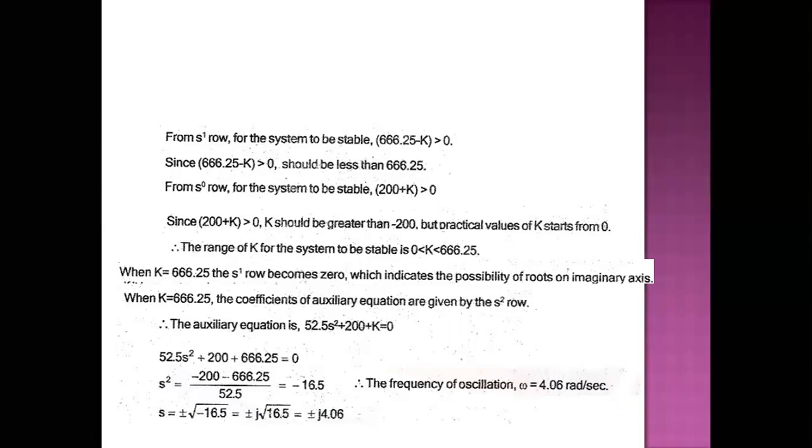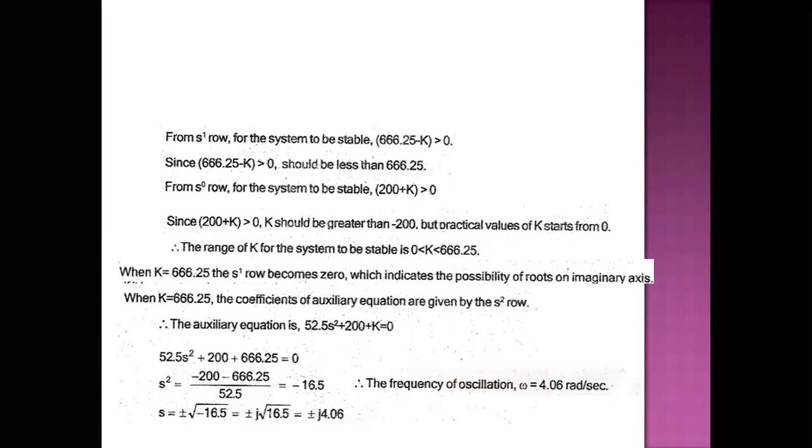So for that, we have to formulate the Routh array. After formulating, we have to check the first column of the Routh array. If all the elements are positive and greater than 0, the system is stable. The next case is, suppose one or two elements are negative. In that case, you have to check whether there are sign changes. If you find sign changes, the number of sign changes indicates the number of poles lying on the right of the s plane.